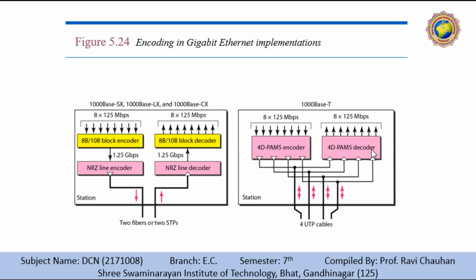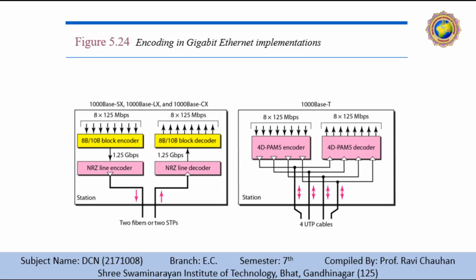As a solution, 4D-PAM5 encoding is used in this to reduce the bandwidth. Thus, all 4 wires are involved in both input and output. Each wire carries 250 Mbps, which is in the range of category 5 UTP cable. So it will be compatible in this